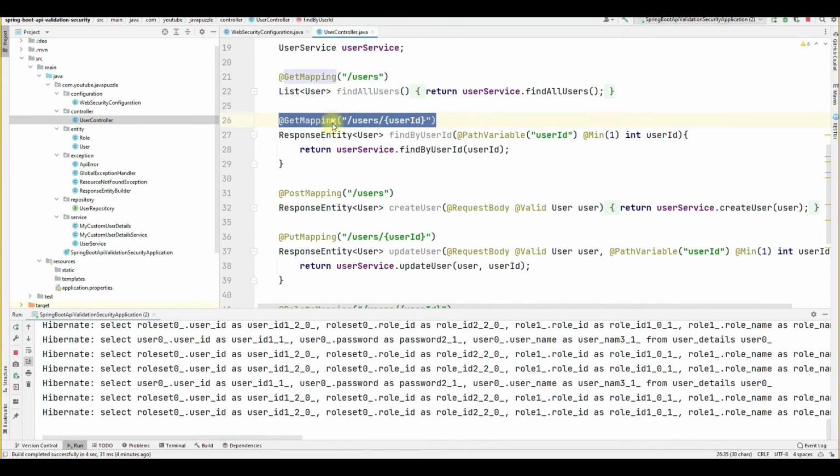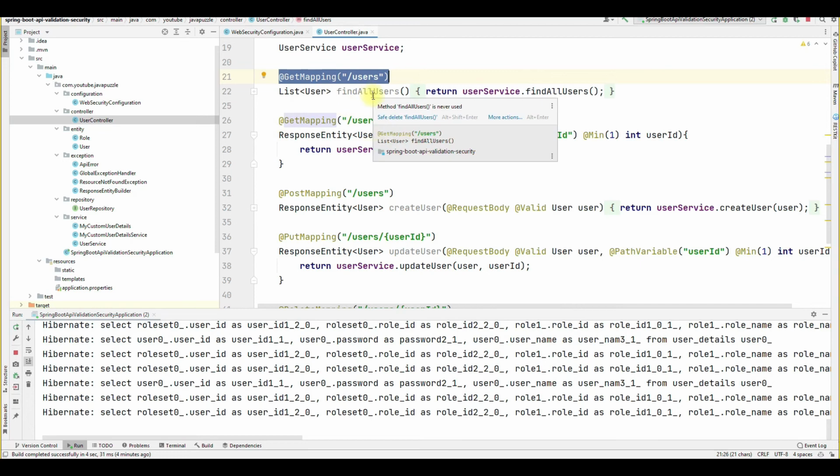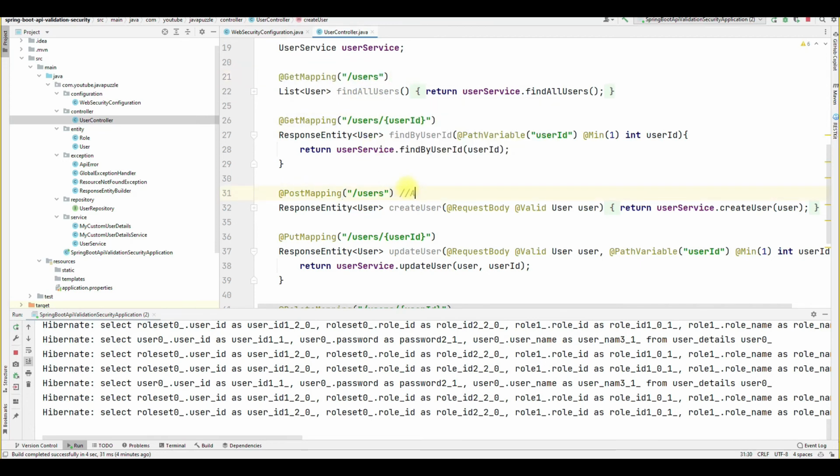But we want to give this get mapping to another user. Means the post mapping should be for the admin, and the get mapping should be for the admin and the editor. Okay, this is our requirement.